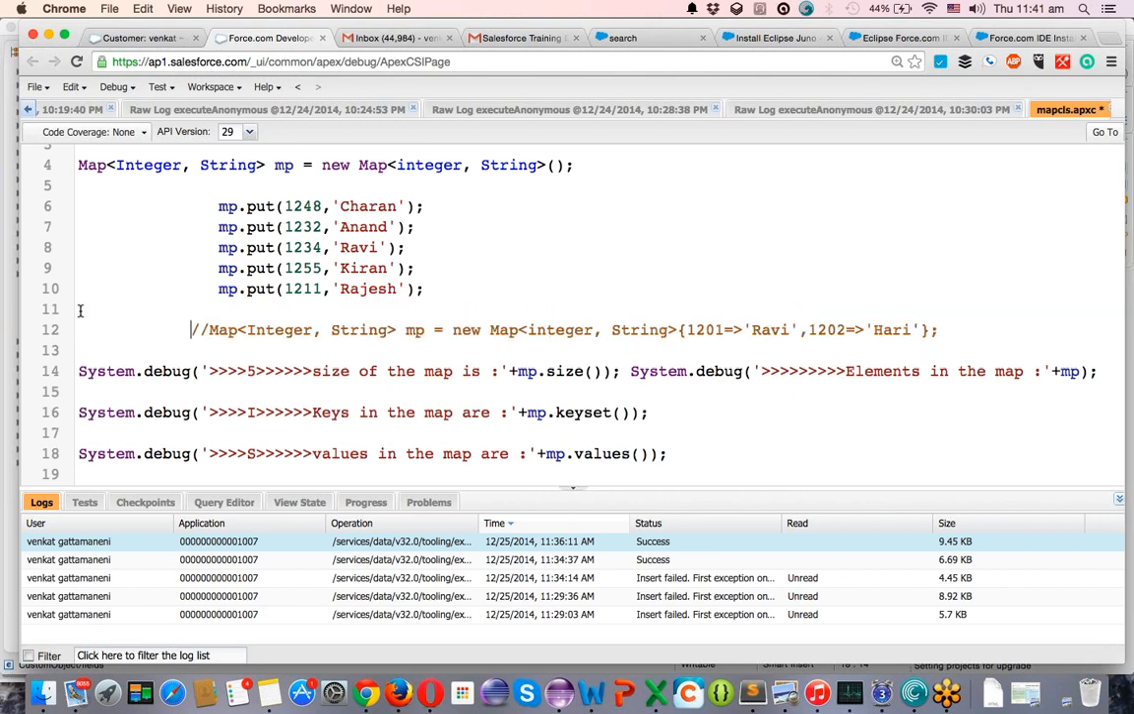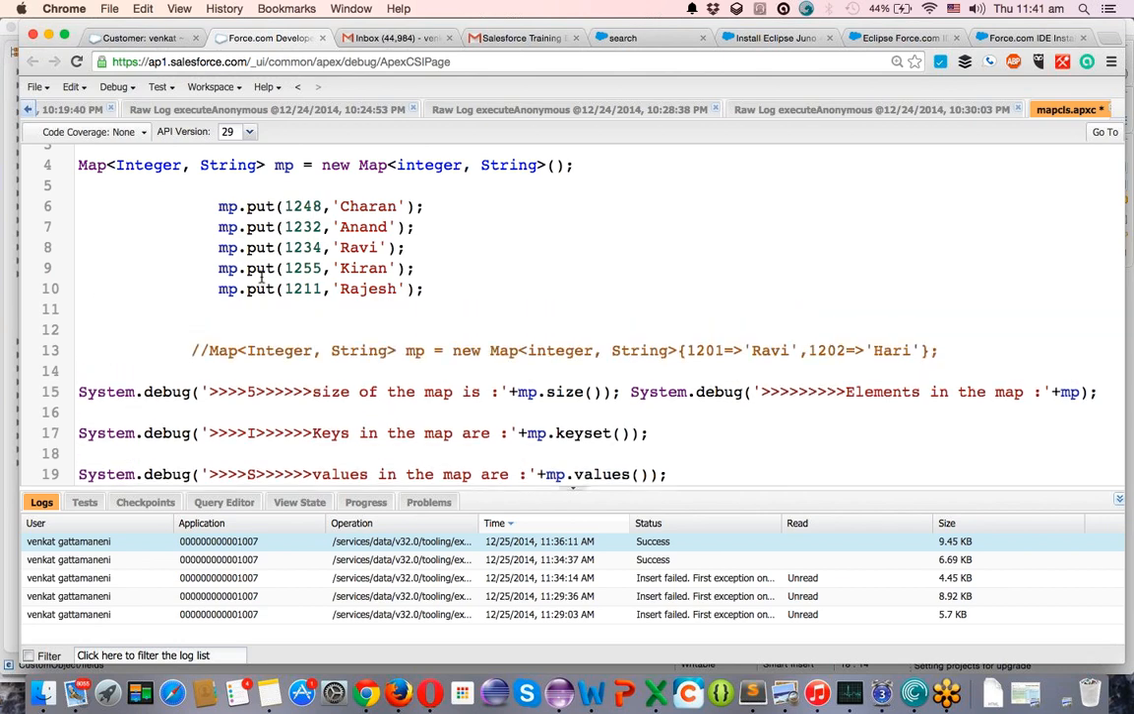This comment which I showed you is one more way to create the map, to insert data into the map in the same line where you are initializing the map. After initializing the map, put curly brackets: 1201 is the key, equal to greater than, this is the value; this is one set of key and value, this is another set of key and value. Same way you can insert a number of things by using commas between the values. Okay,